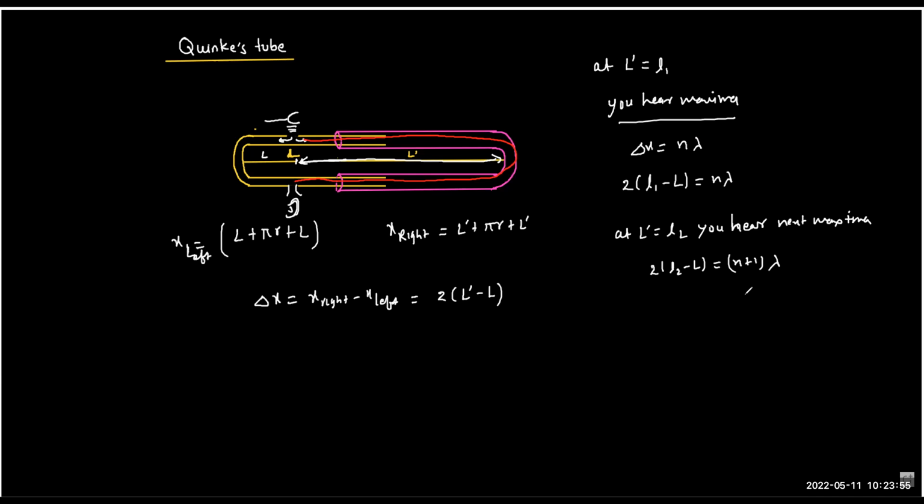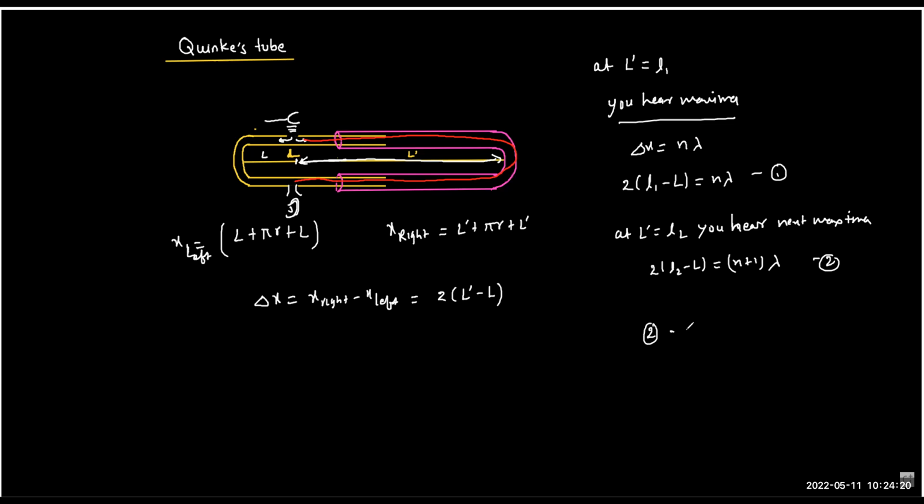Is it clear? So between two successive maxima, the L dash values we wrote as L1 and L2. And if you take a difference of these two equations,